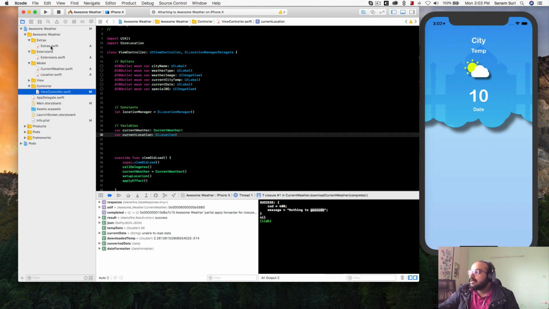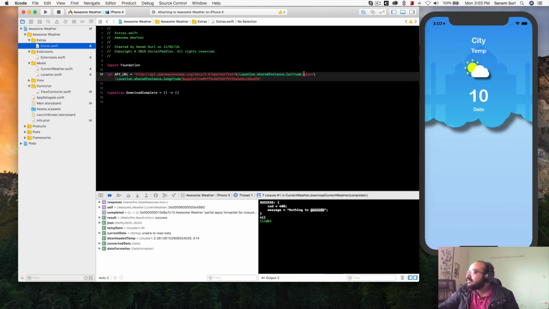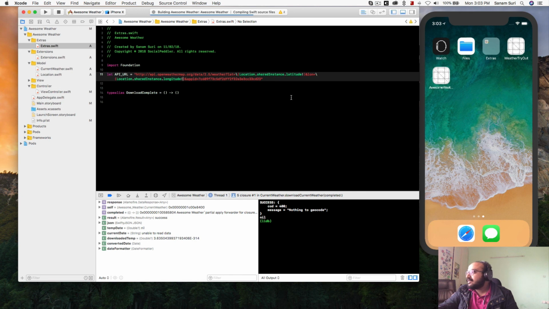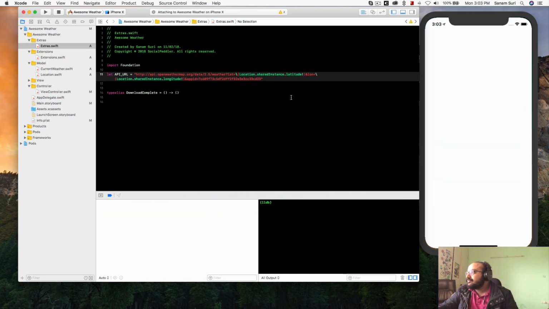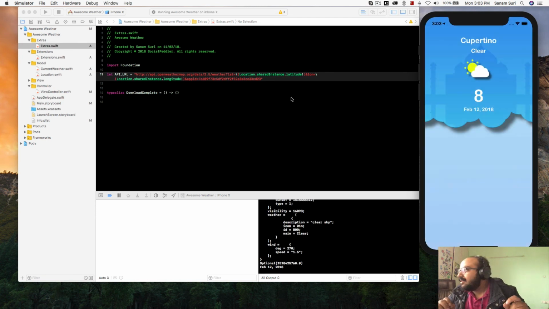So let's go and check this. So yeah, this should be unwrapped, and let's try to run again and let's see now. These small things. Oh well, you can see it says Cupertino and it's 8 degrees Celsius, February 12th,